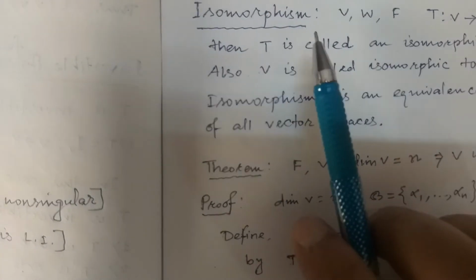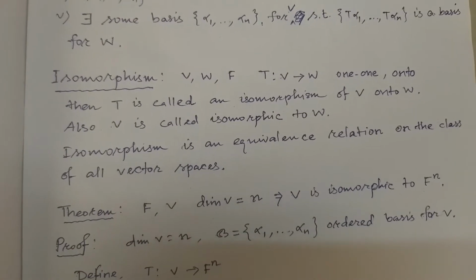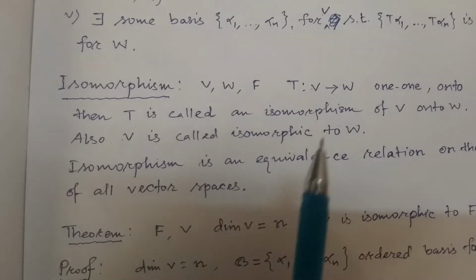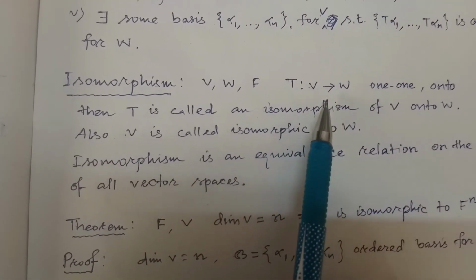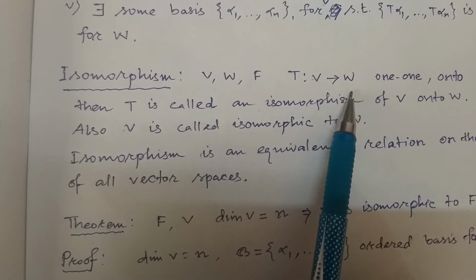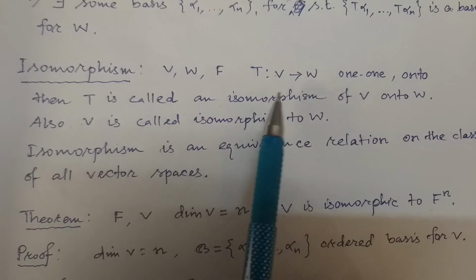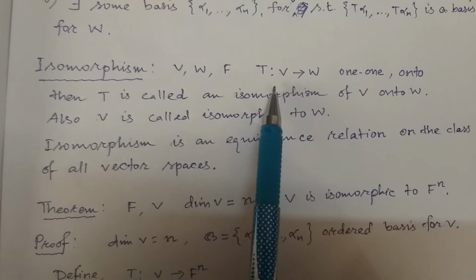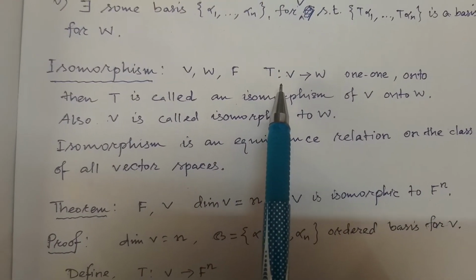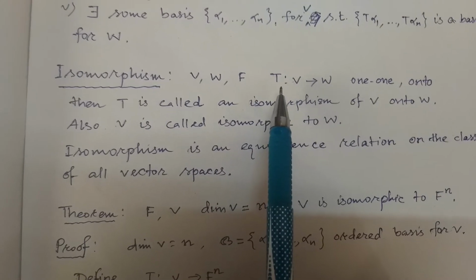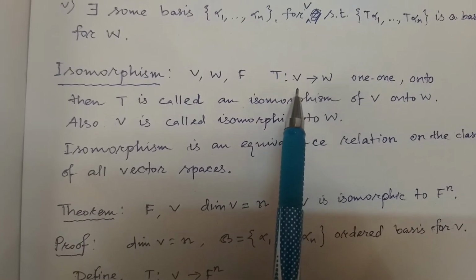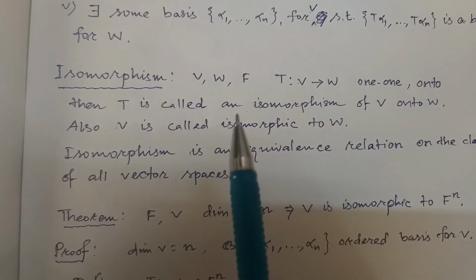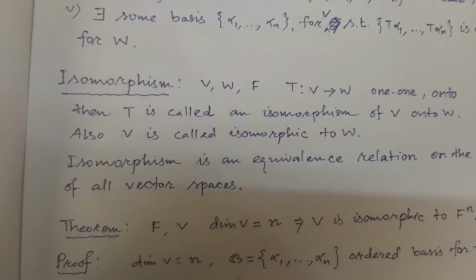Now we define a term, isomorphism. Recall I have told you in some previous class that a linear transformation from a vector space V to a vector space W is also called linear homomorphism. So don't be confused with the term homomorphism, as you have learned it from modern algebra: group homomorphism, ring homomorphism, etc. Here it is also linear homomorphism. Now a homomorphism is an isomorphism when T is 1-1 and onto.